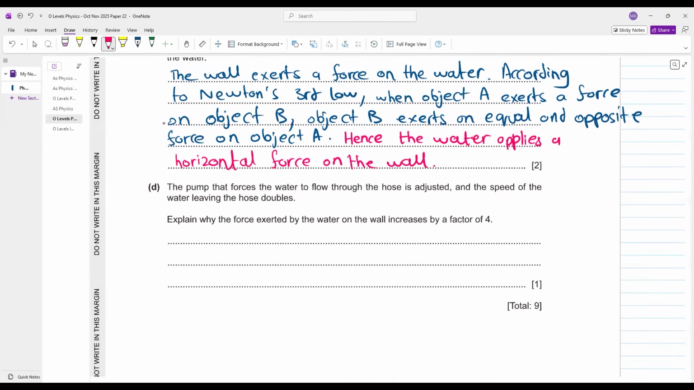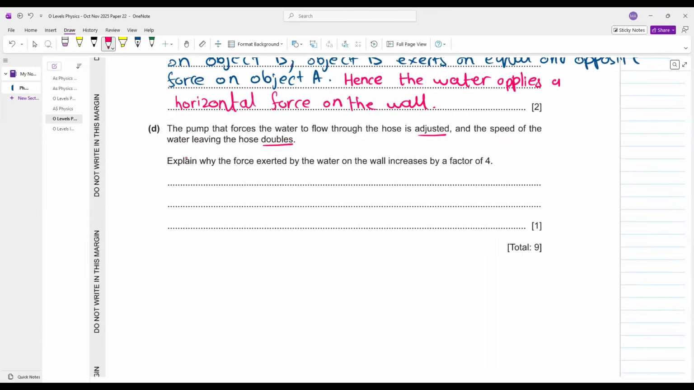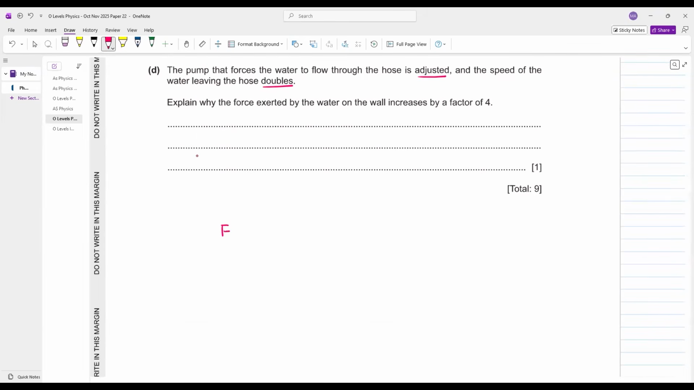आगे बढ़ते हैं। The pump that forces the water to flow through the hose is adjusted and the speed of the water leaving the hose doubles। अच्छा जी, स्पीड आपकी डबल हो रही है। Explain why the force exerted by the water on the wall increases by a factor of 4। बेटा फोर्स का फॉर्मूला क्या होता है? चेंज इन मोमेंटम ओवर टाइम। मोमेंटम का फॉर्मूला क्या होता है? मास इनटू वेलोसिटी डिवाइडेड बाय टाइम। यू आर डबलिंग द वेलोसिटी। द वेलोसिटी एट विच द वाटर इज लीविंग डबल्स, तो बेटा द मास ऑफ वाटर विल ऑल्सो डबल। जितना मास ऑफ वाटर रिलीज होगा दैट विल ऑल्सो बी ट्वाइस। स्पीड ऑफ वाटर ट्वाइस है, मास ऑफ वाटर ट्वाइस है, हेंस द रिजल्टिंग फोर्स विल बी 4 टाइम्स।